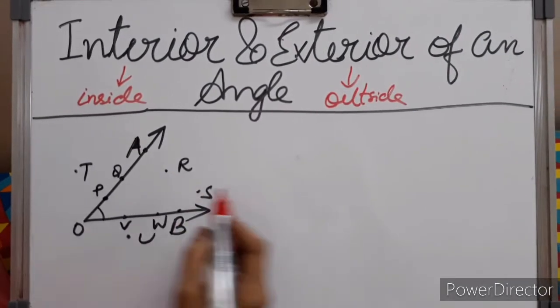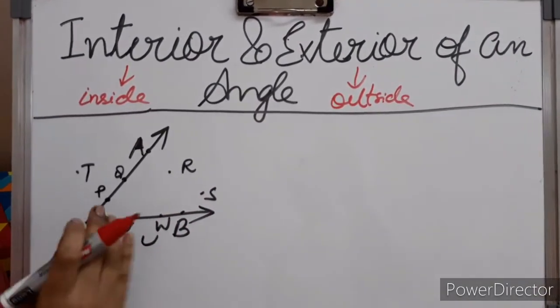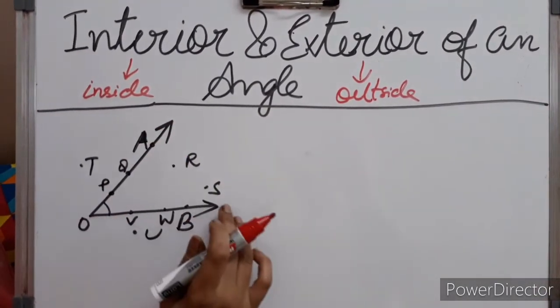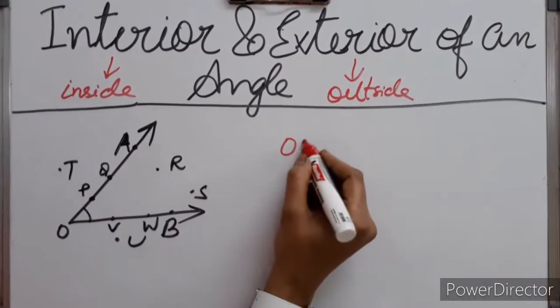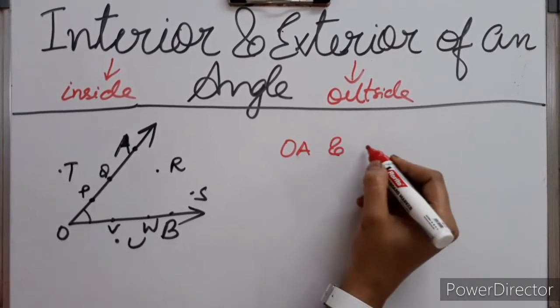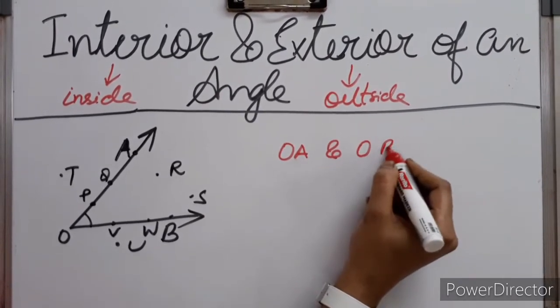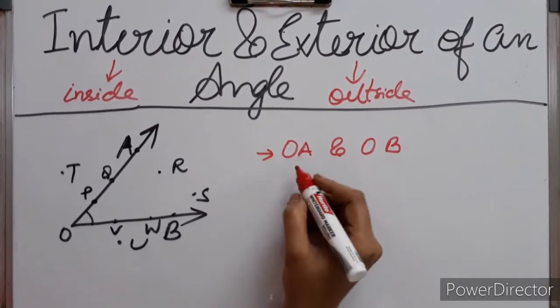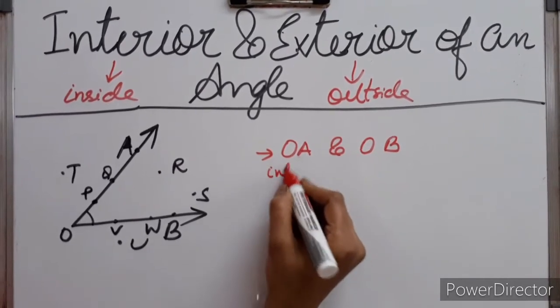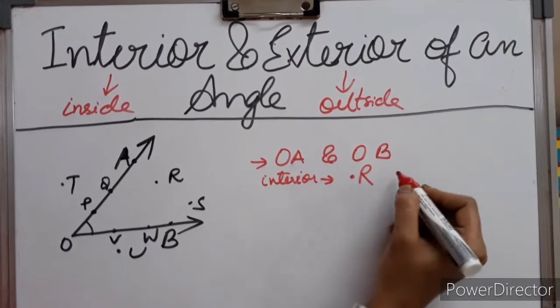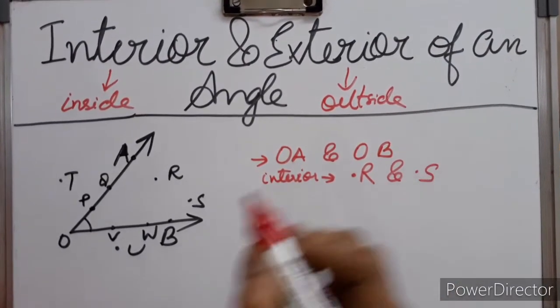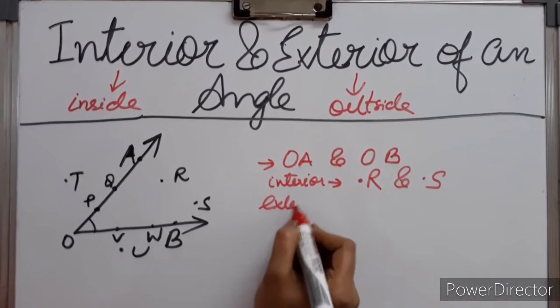The points which come in the portion between the arms of these two rays, between OA and OB, are the interior of the angle. So interior points will be point R and point S,